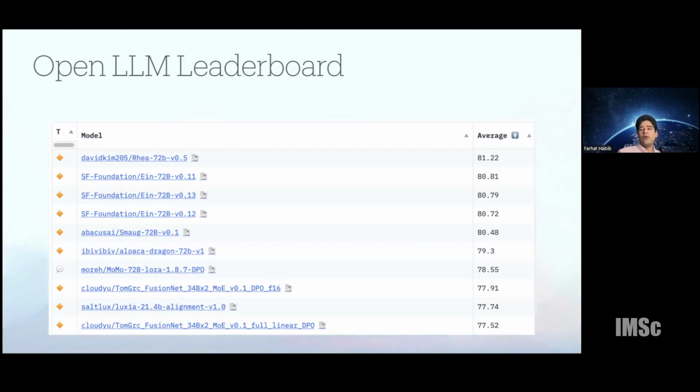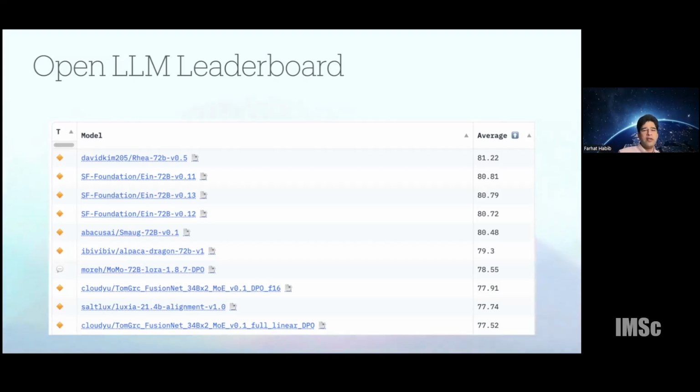So the score is, I think, averaged over a number of different benchmarks. You have a set of benchmarks, you average out the score from the different benchmarks, and you rank them accordingly. So it's entirely possible that a model that is not as high in the rankings might do better for the particular task that you have at hand.